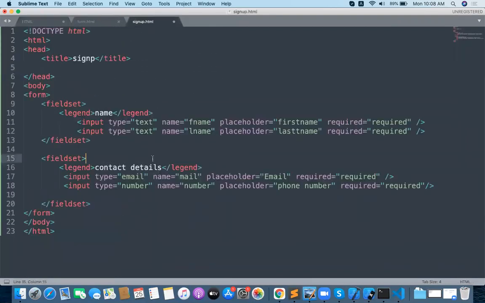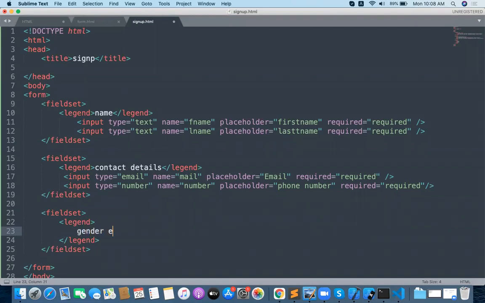Now, this is the contact details I provided. Now gender selection. One more fieldset I am taking now: fieldset, gender selection. I just want to provide something like a gender selection. This has a legend, gender selection, and then the legend is over.